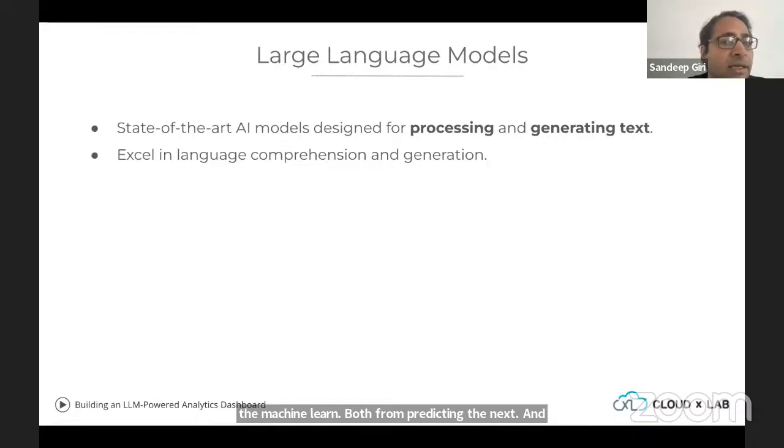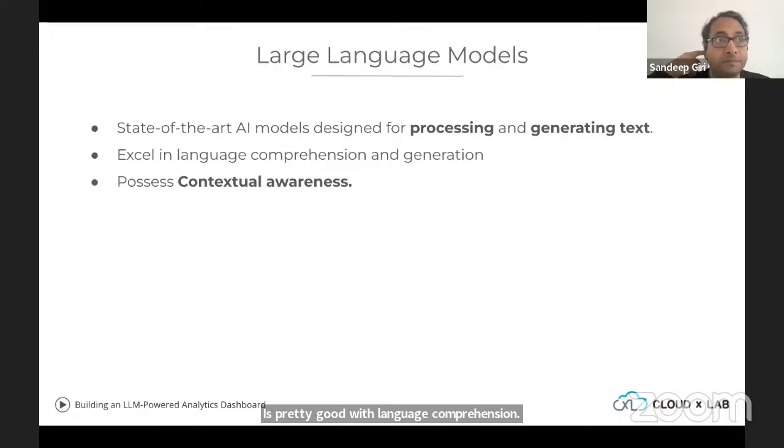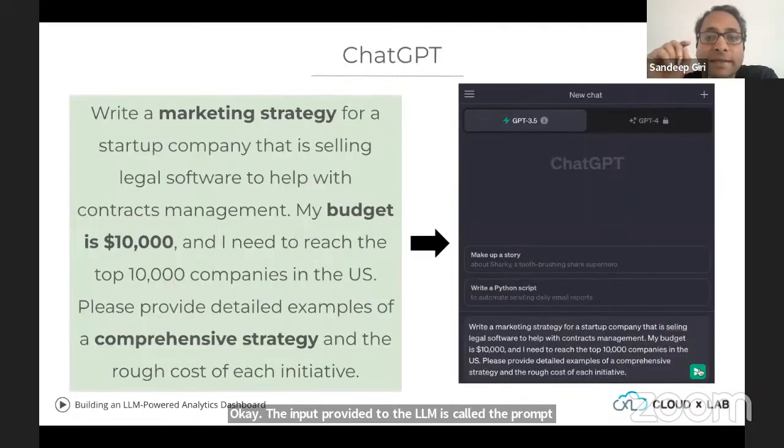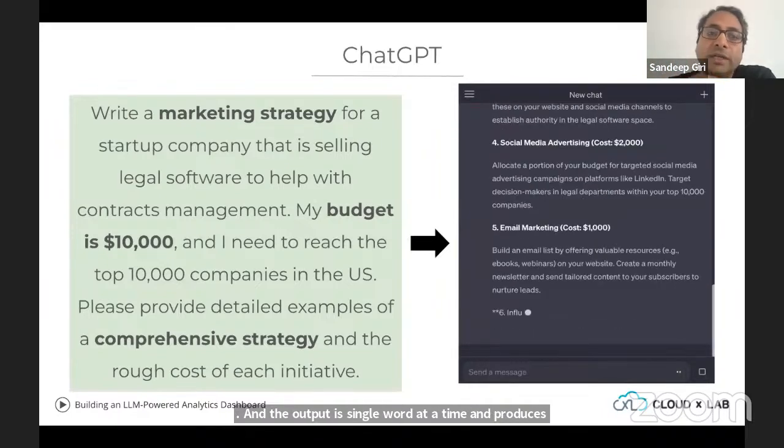It excels in language comprehension. People figured out later that, oh, this next word prediction machine is pretty good with language comprehension. They also further noted that it has amazing context awareness. Okay. The input provided to the LLM is called the prompt, and the output is a single word at a time, and it produces the single word by feeding in the prompt over and over again. So you can see